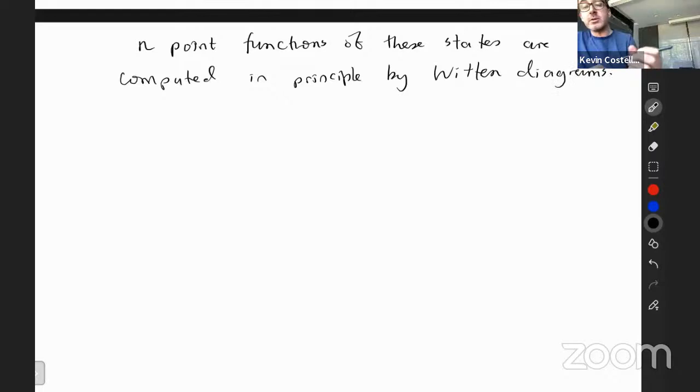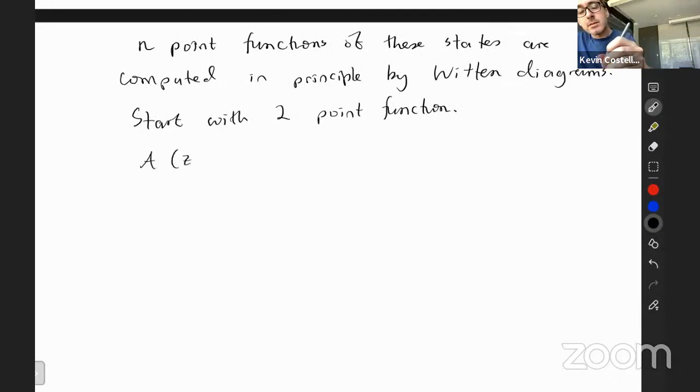So let's start with the 2 point function. So if I take my state A at z0,